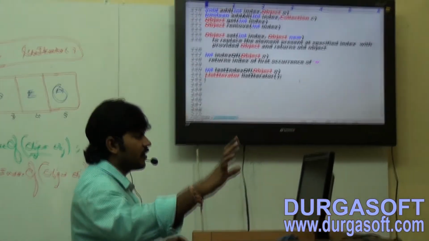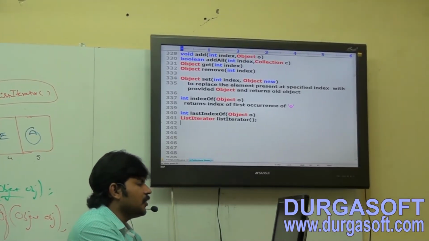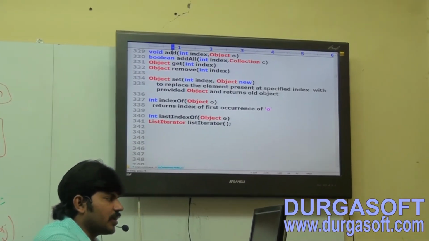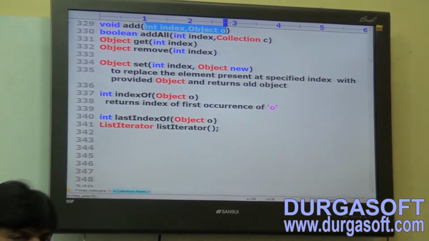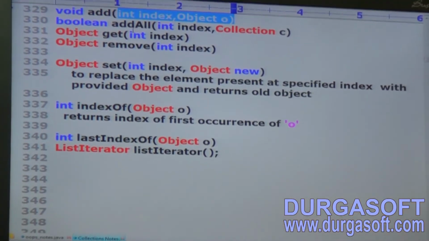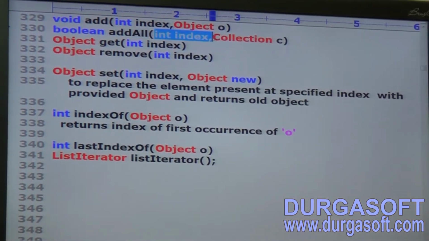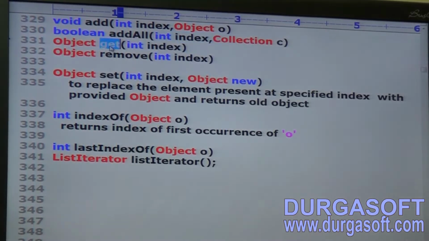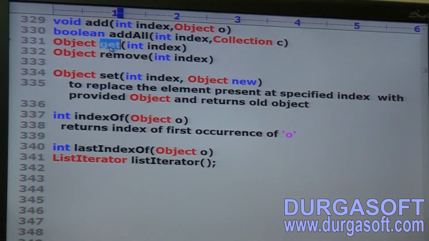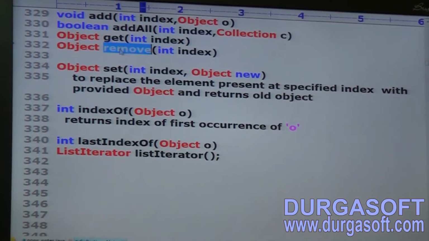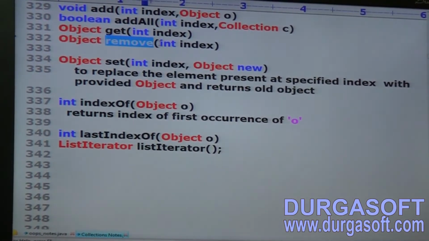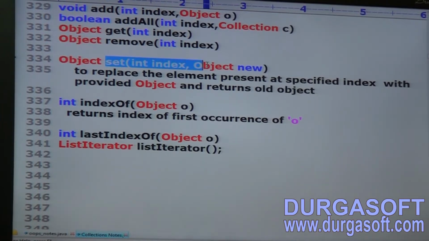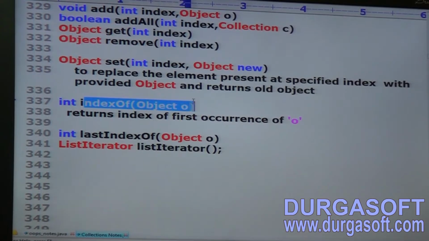So can you please cross check for 1 minute? Are you getting any new method? Void add of int index comma object o, we covered already. Void add all int index comma collection c. Object get: can you please return the object located at the specified index? Remove: can you please remove the object located at the specified index? Next, set. Set is for what? Replacement. Next, what is the index of? What is the last index of?